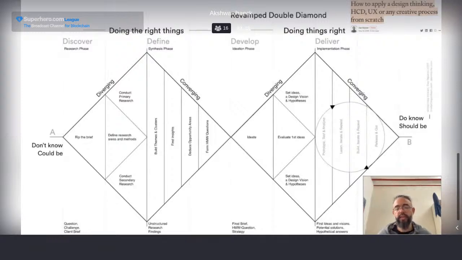So if you are just getting together with a team and you don't have an idea about what kind of things you are building, so basically you are departing from a point A and you want to arrive at a point B. In point A you don't know what you will be working on, but in point B you are sure about what you should be delivering. Okay, so the first part is a discovery phase, a phase in which we start to